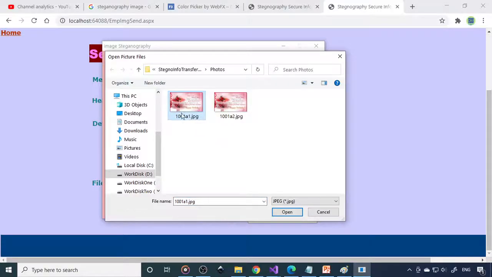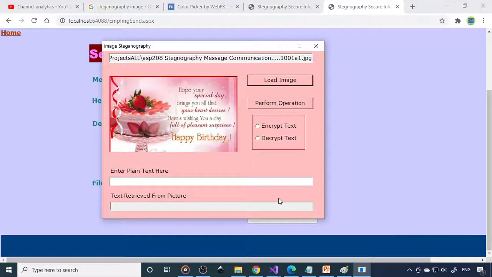I'll take this one, 1001. Then you have to encrypt the text, so you want to place the text here. The secure code is 9090111. Then you can perform the operation.